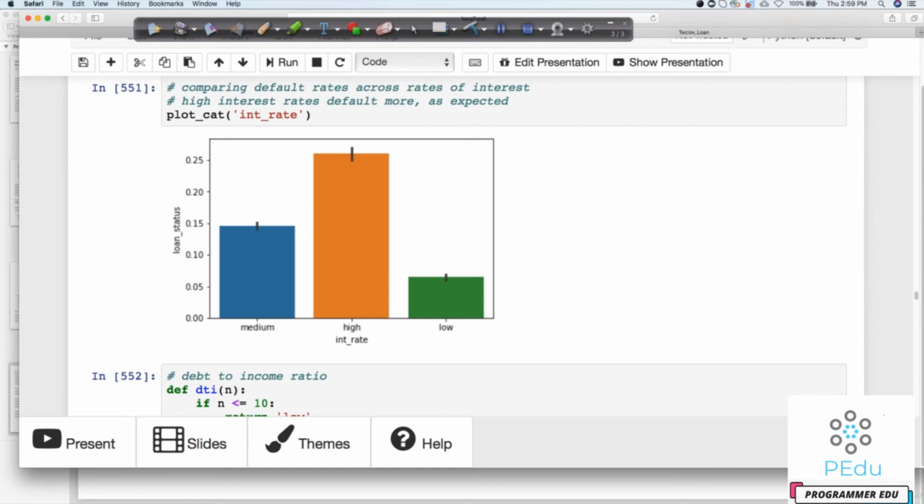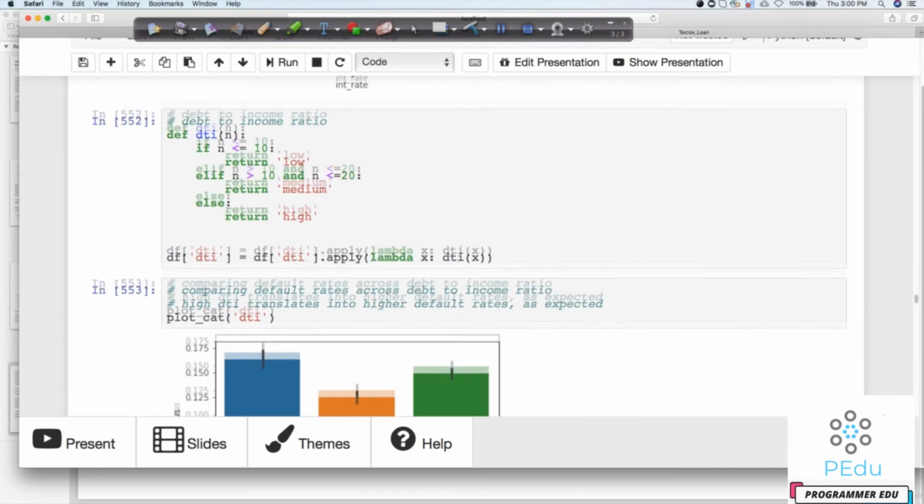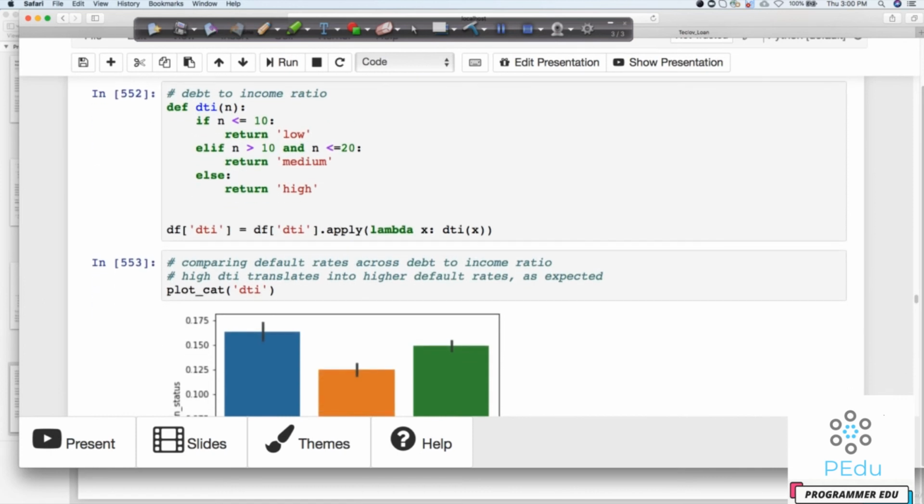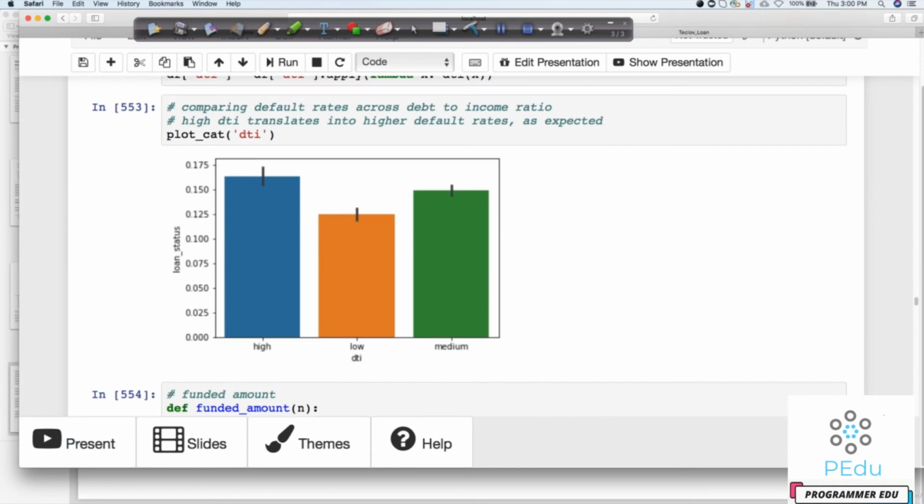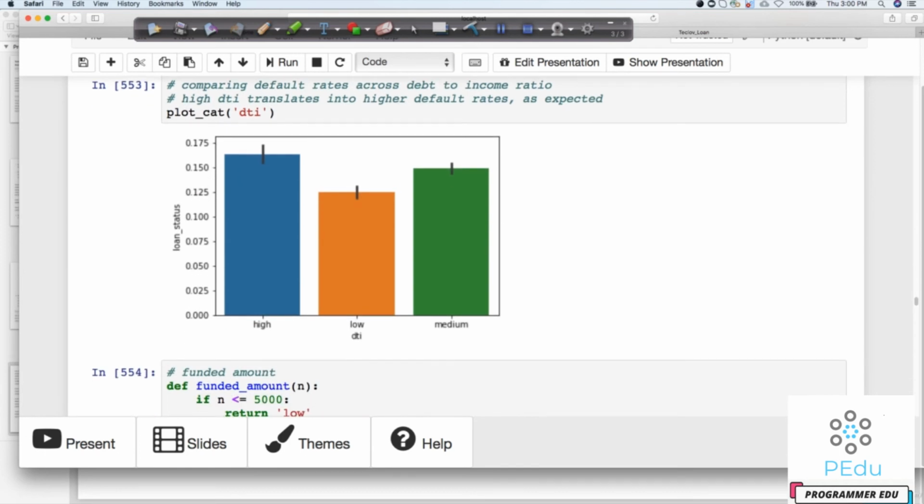So this is interesting, right? We are using a continuous variable and coming up with an interesting insight out of it, and we are using business logic to derive all that. Similarly, we can do it for income ratio. For income ratio, anything less than 10 is low, between 10 to 20 medium, otherwise high. What we can notice here is that for higher, people are again defaulting more, but the bars are almost close, so we cannot do much analysis here.